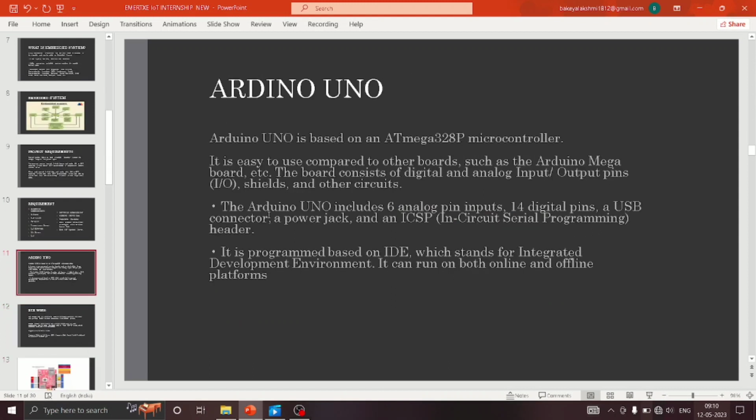And what is Arduino UNO? Arduino UNO is based on an Atmega 328P microcontroller. It is easy to use compared to other boards such as the Arduino Mega board, etc. The board consists of digital and analog input pins, shield and other circuits. The Arduino UNO includes 6 analog input pins and